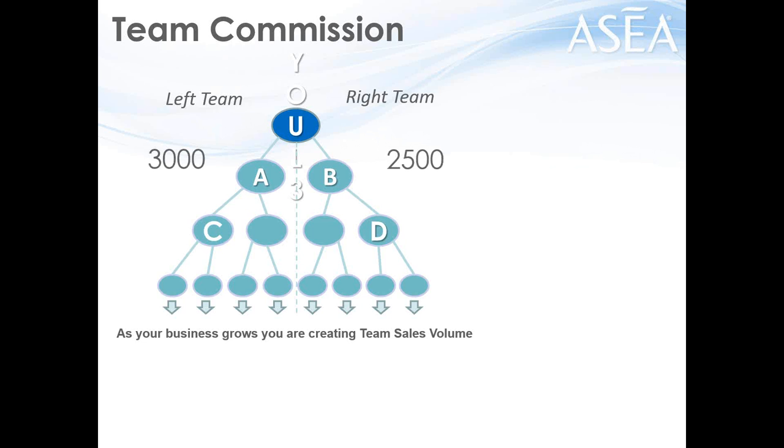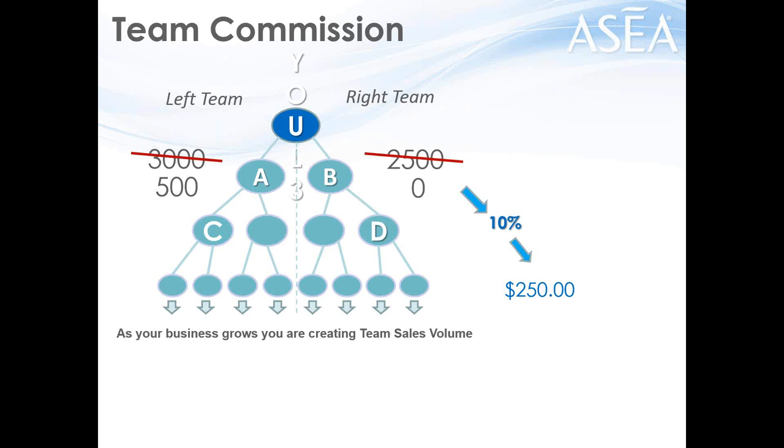Now, in this case, there's 3,000 left, 2,500, so it's unbalanced. The easiest way to calculate this is simply 10% on the lesser side. So 10% of 2,500 would be $250. $250. And that means this will zero out for next week. And because there was 500 more points on the left team side, you're going to start next week with 500